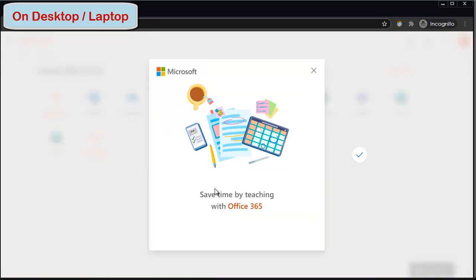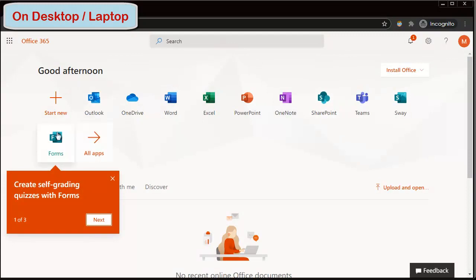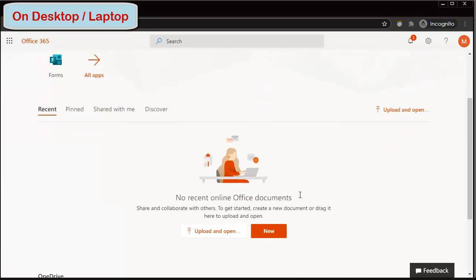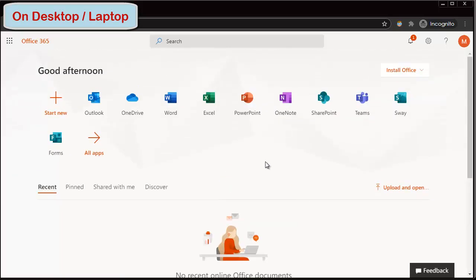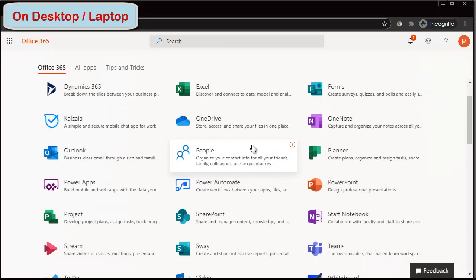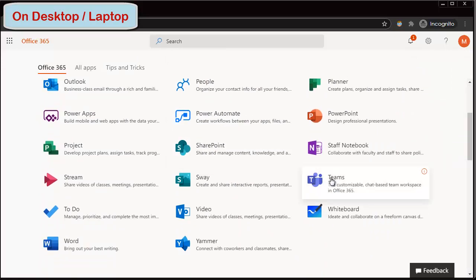Okay, so now that you are inside your Microsoft Office account, you'll be shown all the apps that have been set up by the administrator. If you are not seeing any of the apps over here, that means you have not been given proper licensing by the administrator, and you can contact your concerned faculty or the head of the department to make sure you get all the IDs. So to open Teams, you just have to click on all apps and scroll down till you get the option for Teams. Click on it, and your Teams account will open.